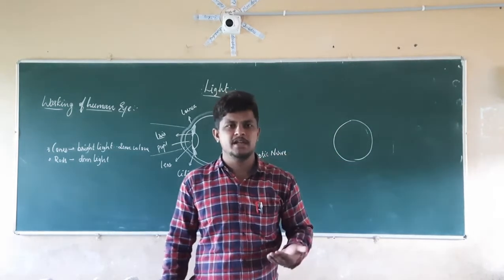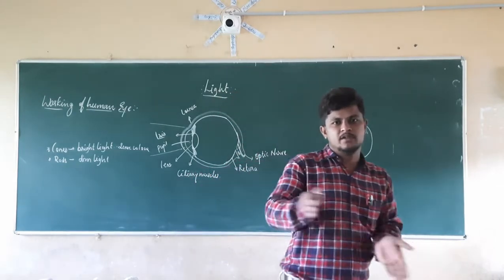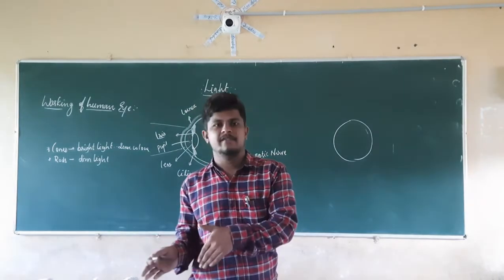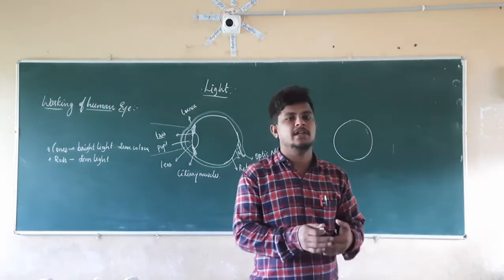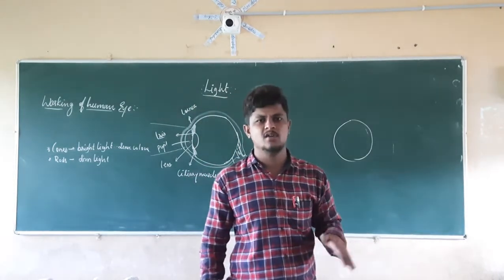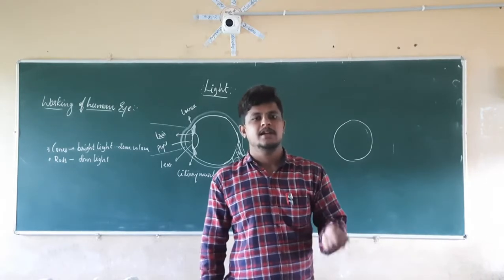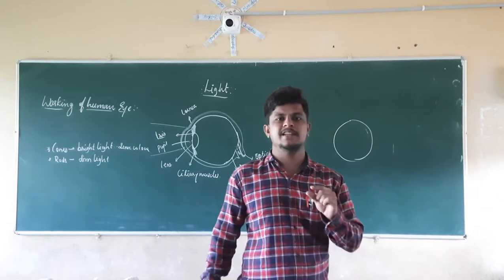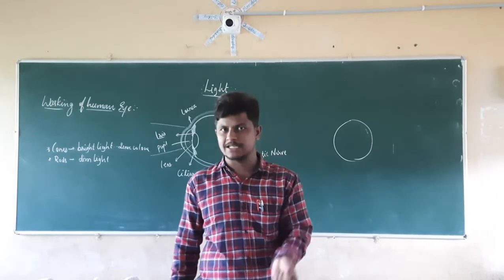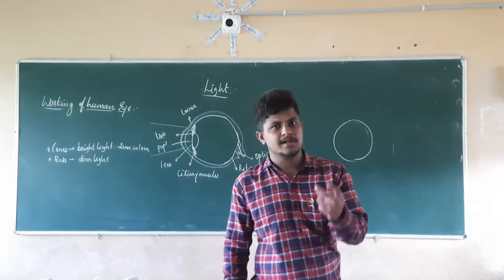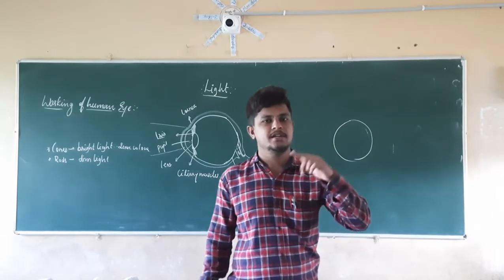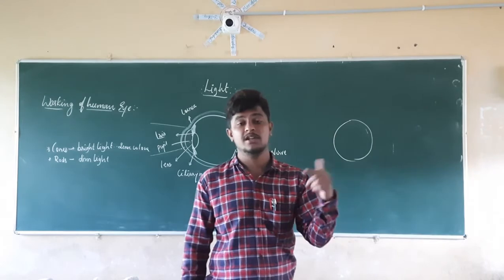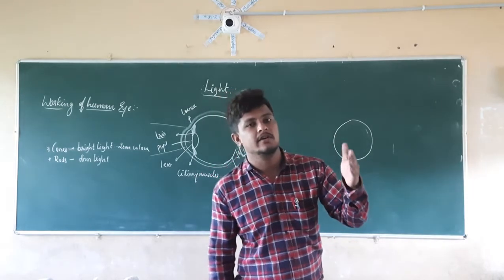So why is it happening? When we are standing outside and we come inside, we can't see, everything will be dark. When we are sitting inside and we go outside, it will be very, very high intensity light. So why is it happening here? It is happening because the size of the pupil is getting reduced as well as increased, since it controls the amount of light which is going to enter into our eyes, controlling how much light should enter.